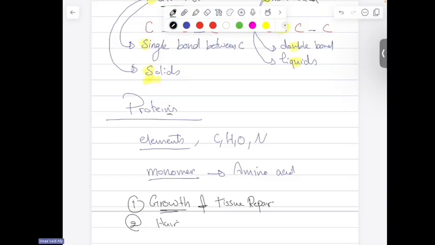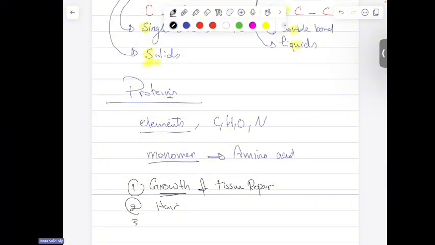The keratin in the hair is made up of protein. Feathers, they are made up of proteins. Number three, the substance that speeds up the rate of the chemical reactions, or enzymes. Enzymes are proteins. Of course, proteins also make the antibodies, make the hormones, and so on. Well, these are the three main functions